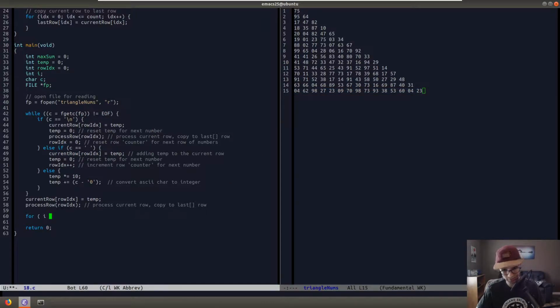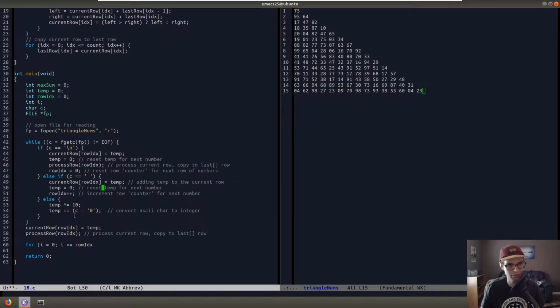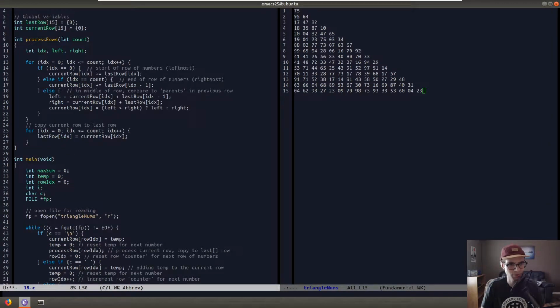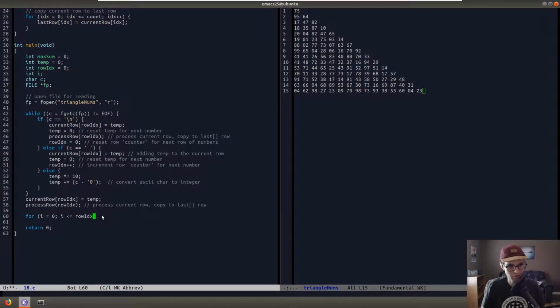Sorry if that didn't make sense. I know I probably say that at least once every time I do one of these, but I'm not the best explaining type of person. But this is why we needed a separate index from row index, because we're going to compare to it to loop through our thing here. What we could also do is maybe use the size of the array, or just put a 15 since we're only comparing to 15, but I don't know. I wrote it like this, so I'm going to do it like this. I++